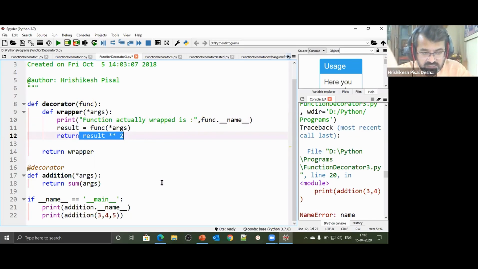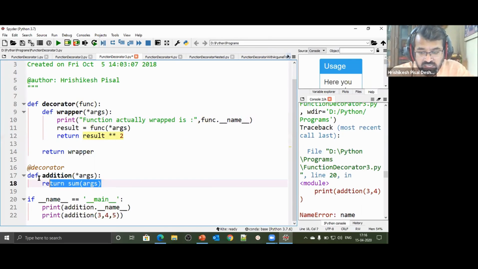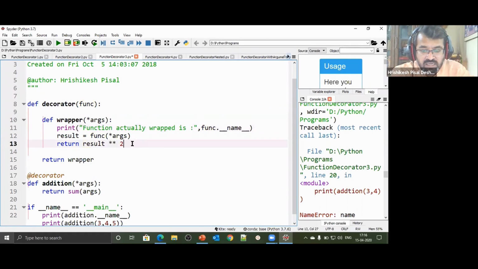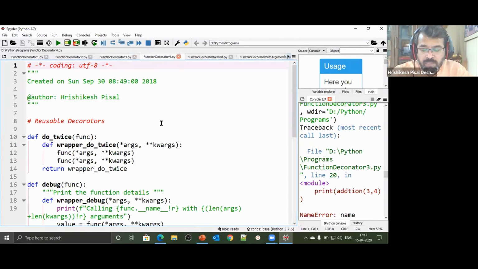But forget about what is happening internally. What is the true case? Just keep it aside. What appears is more important. It appears that we have a function addition whose behavior has been changed by the decorator. So the decorator has altered the behavior of this particular function. This decorator had this wrapper function inside it, and that has altered the behavior of our function which we have passed.